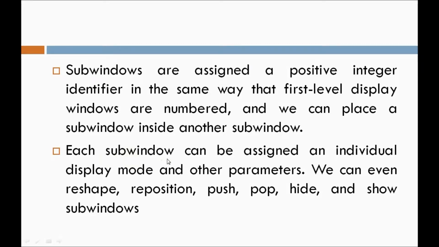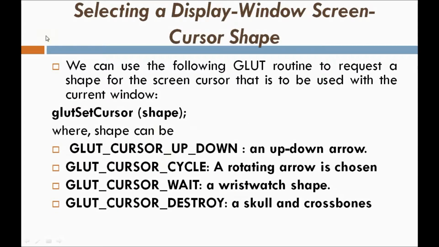Getting it, guys? Next, suppose you want to use different cursor shapes. Here my cursor shape is an arrow mark. OpenGL supports different cursor shapes, so different cursor shapes can be given in OpenGL. To give a different shape, what is the first command you have to use? You should use the glutSetCursor command first, right?